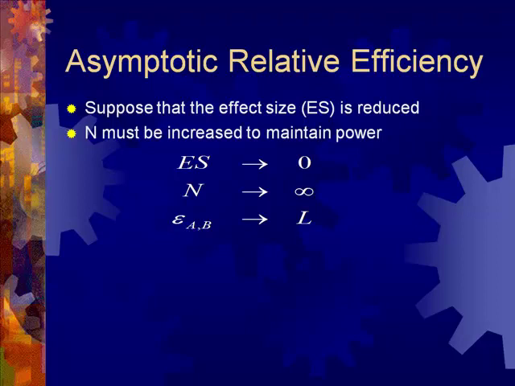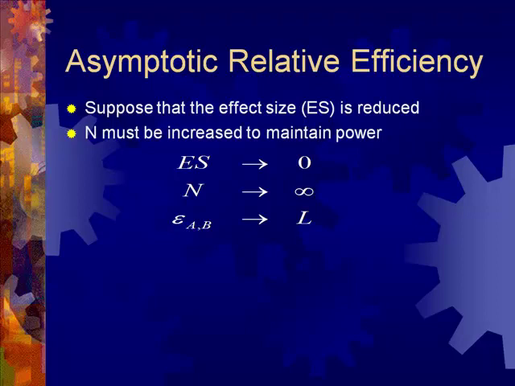If you're going to maintain the same power when you reduce the effect size, you're going to have to increase the sample size. So as effect size moves closer to 0, sample size is going to get larger and larger